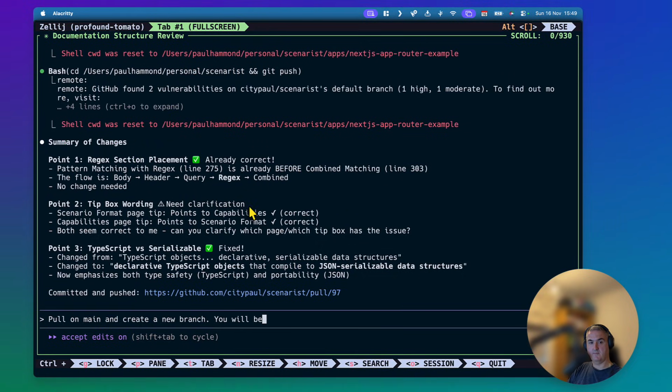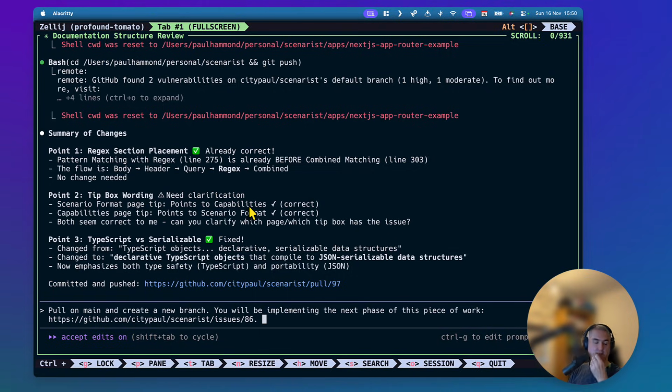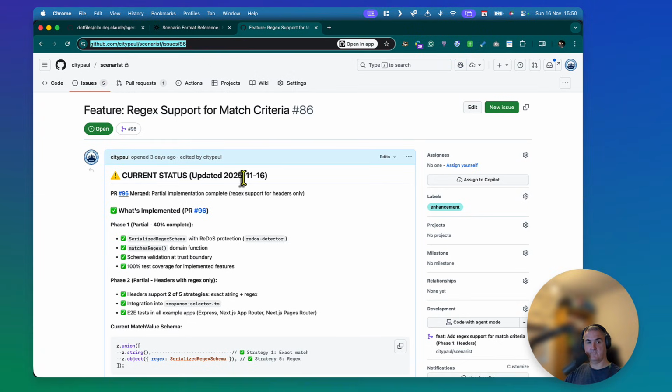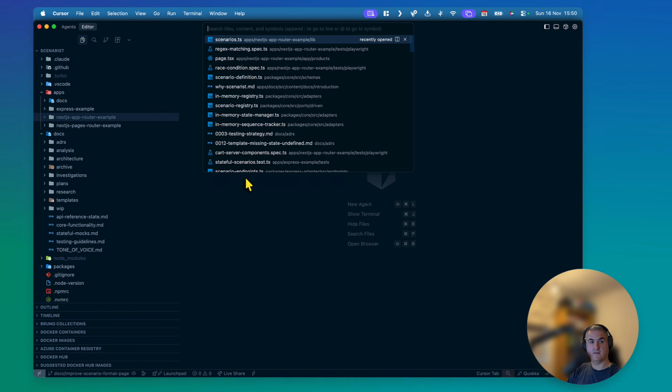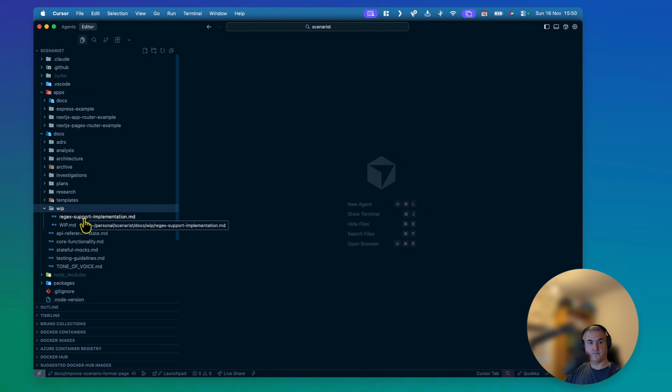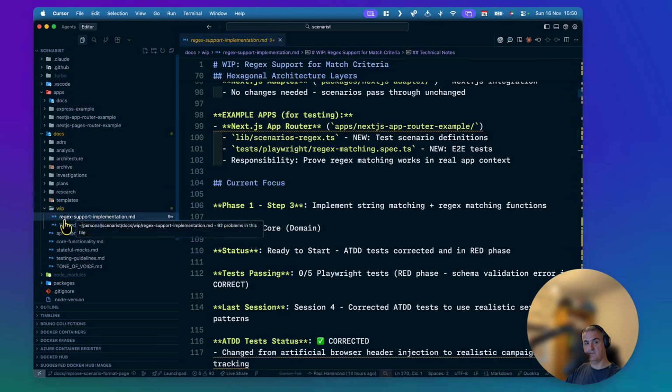You will be implementing the next phase of this piece of work. I'm going to say that because it already has a work in progress document for this that I created previously for using my work in progress agent. So you can see here, Regex support implementation. This is a really important